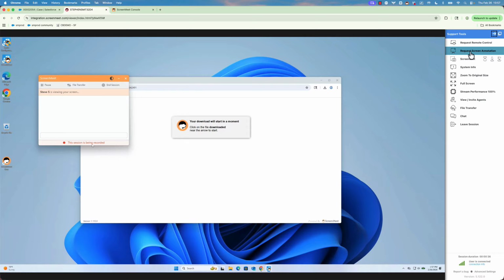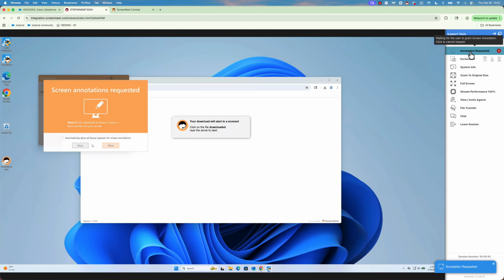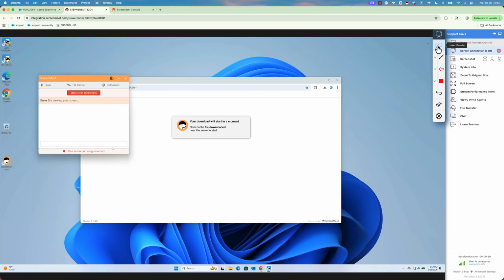So the first thing we're going to do is have a look at some of the annotation tools. So I'll request annotation and the customer will be prompted to allow that action to take place. Once they've allowed that, you'll then have some annotation tools, starting with a laser pointer. Then we also have a paintbrush for drawing and a stamper as well, an arrow stamp. All self-explanatory, the laser pointer, as you see here on this white background, there's a laser pointer that's following my mouse around. With the paintbrush,